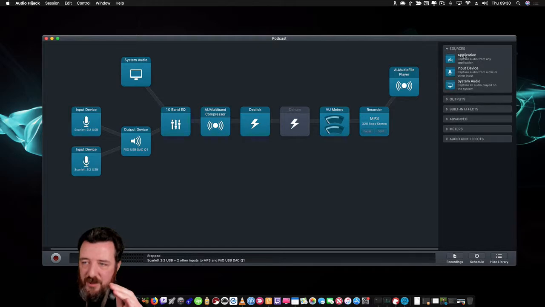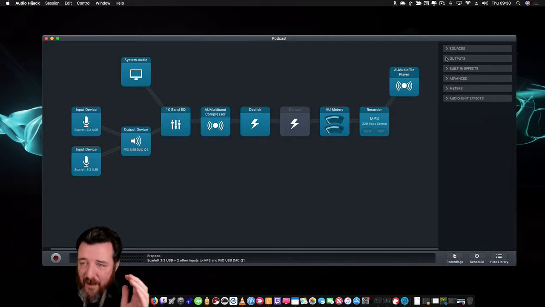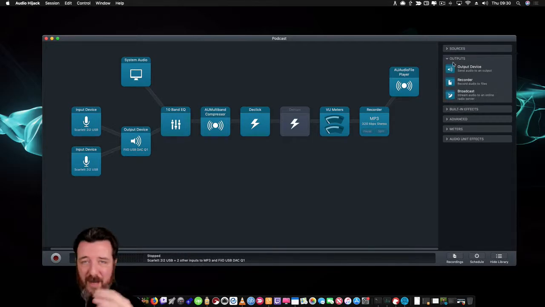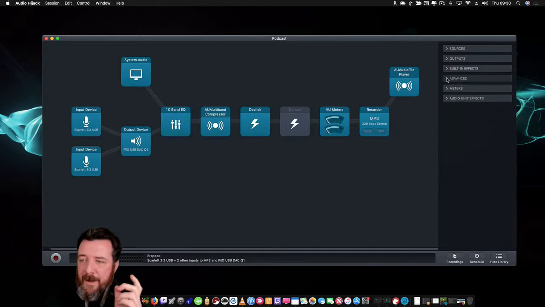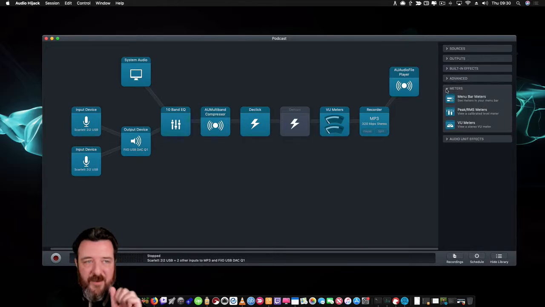So you've got sources, which are your input sources. So it might be from an app, from a mic, from system-wide audio. Outputs can be a recorder or an output device, so headphones, so you can listen back in real time. Built-in effects, so you can do kind of EQing, balance, bass and treble. You can really fine-tune the audio signal that you get. And then there's a few little advanced blocks in there for the different sessions. And then also meters, so you can do VU meters as you're recording,